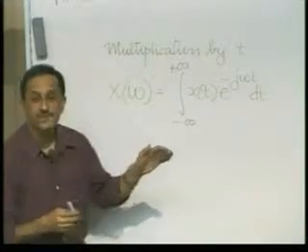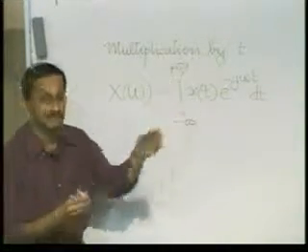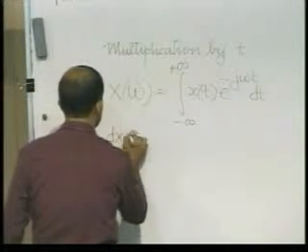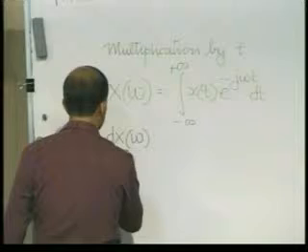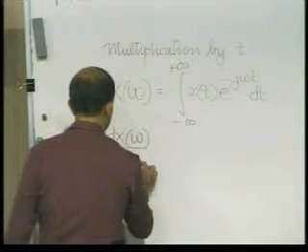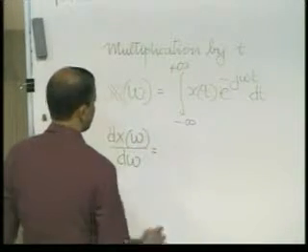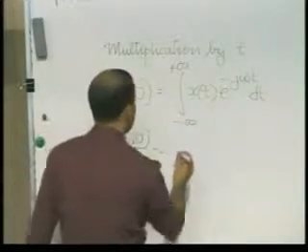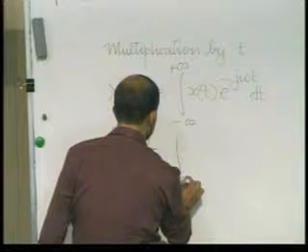And now we shall differentiate both sides with respect to omega to yield, by the same argument we carry the derivative into the integral sign and get